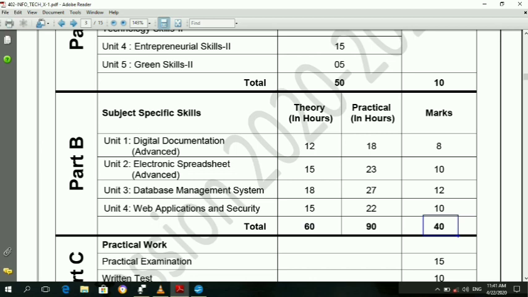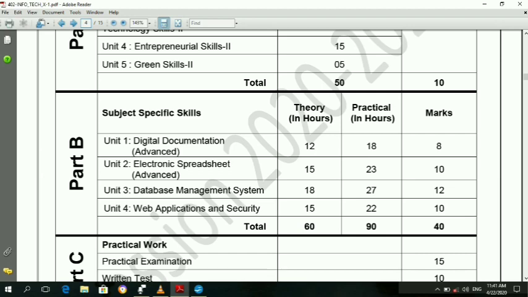That means 40 marks will cover from part B, and 10 marks from part A. So the theory paper of computer is a total of 50 marks, and 50 marks is your computer practical. Is it clear? So this is the explanation about the syllabus.